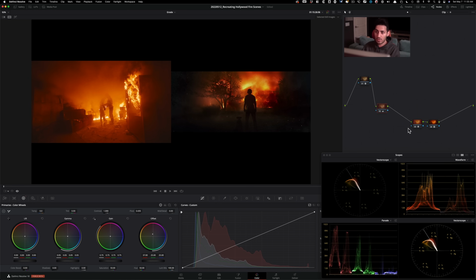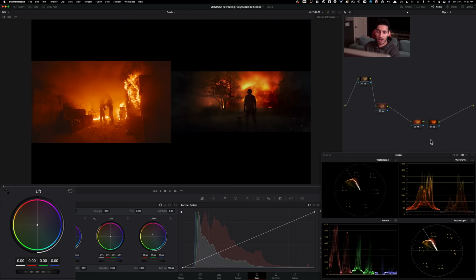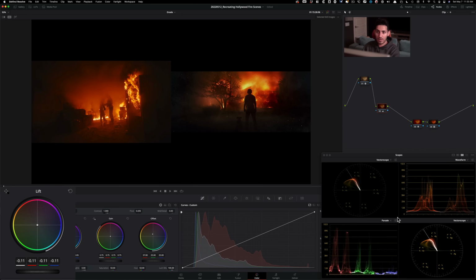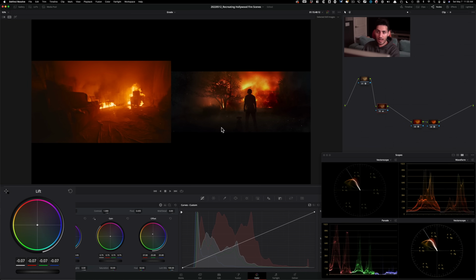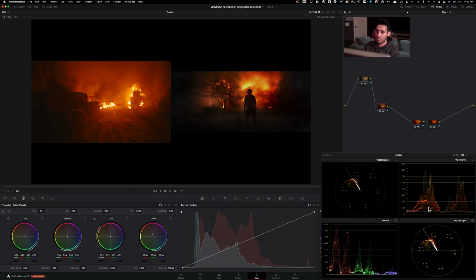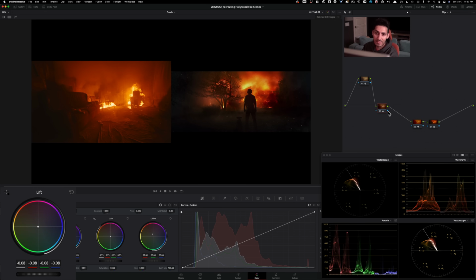So we can do a couple of things. We can go under our lift and pull it down and be kind of aggressive with it to create the thing that's happening there, right? And then even if I go to my last frame, it's a similar thing. Another thing that we can do is balance out our blacks a little bit better, because the blacks are balanced out a bit better here. So what I would do is pull down